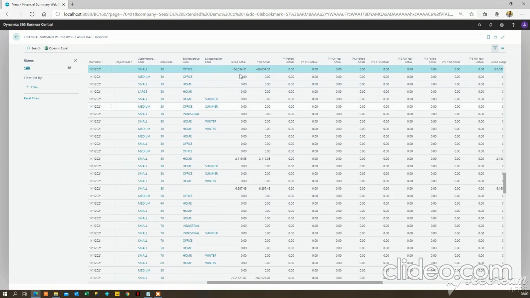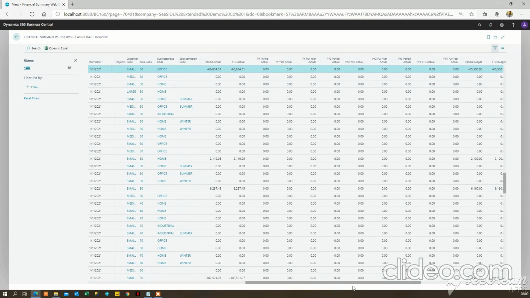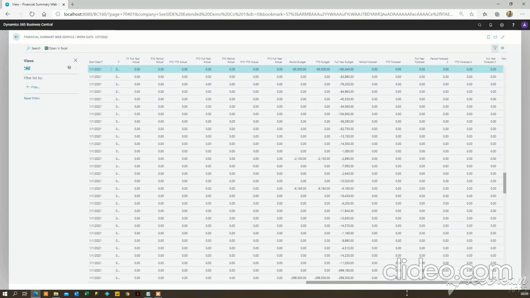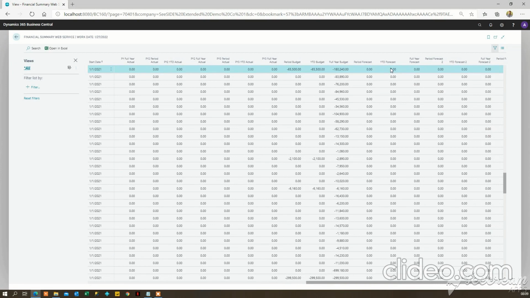And then you've got a bunch of numbers. For every single one of these account dimension breakdown period combinations, you've got the period actual that is relevant to that period, the year to date for that period, the prior year for that period, the year to date prior year, and the full year of the prior year related to that period. And then it's got a second prior year and a third prior year. So that allows you to report up to 4 financial years. Then it's got the same numbers for the budget. And then